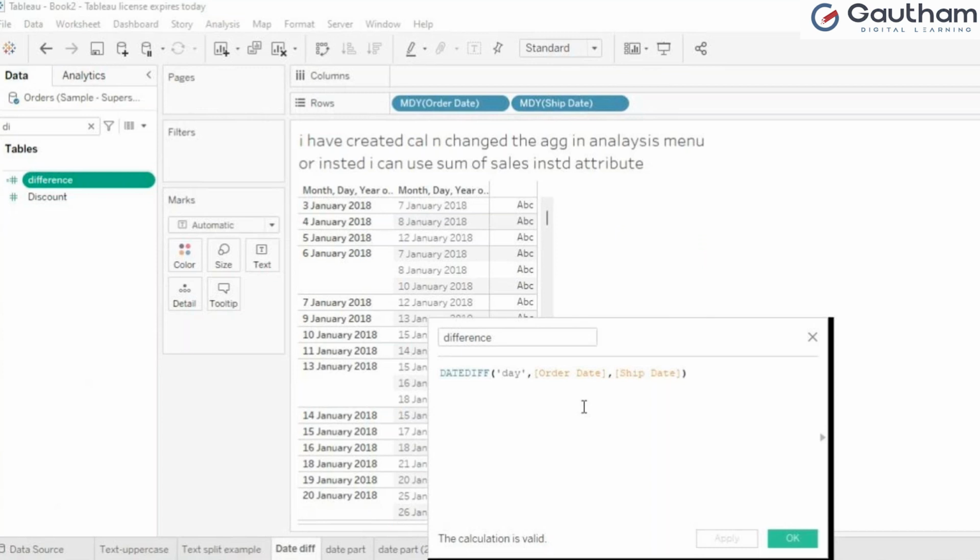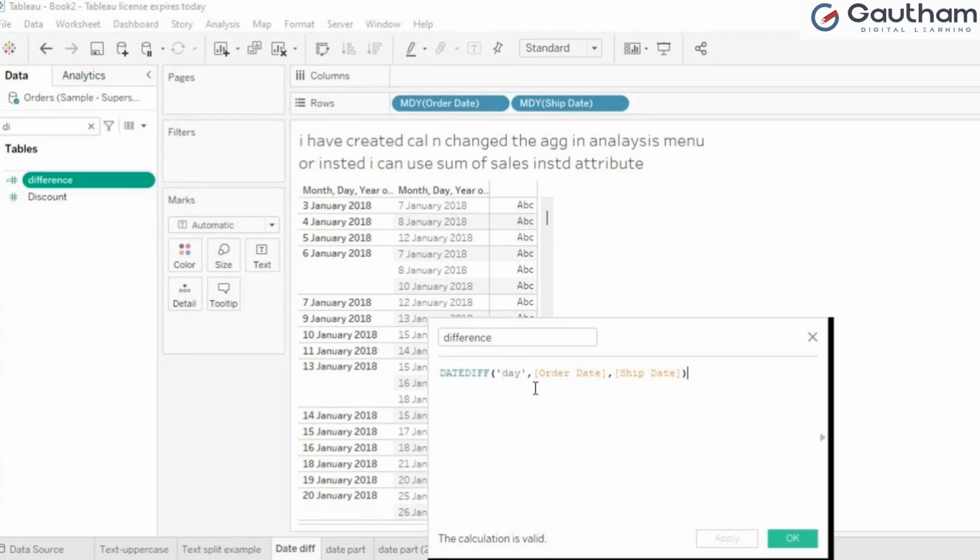So you have to see the date difference. How many days I wanted to see, that's why I gave day. If you want to see the month, you can give month, because here only a days difference is there. Suppose in the hospital example I told you, January to September or December, or next January will come; how many months then? Again, if days will come, 365 days will come. In that case maybe I can ask for quarter or month, so that data also will come. You can use this calculation only, change it to month, quarter, year. Sometimes years also will change in this data according to the requirement. You can use all the four terms.